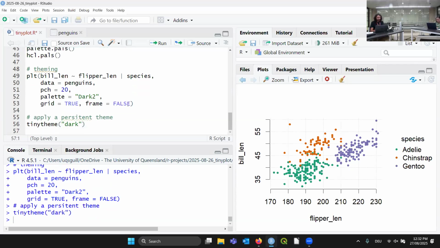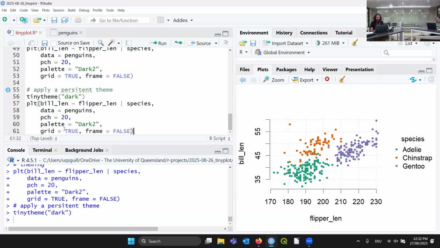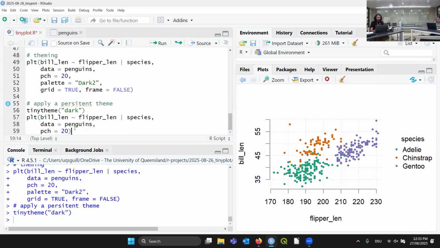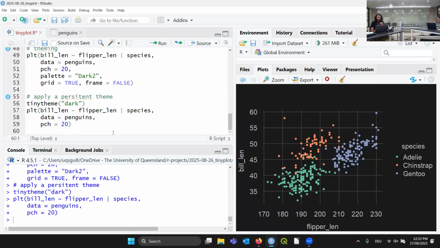If I set it to dark, for example, and then plot again the same thing, well, I don't have to use those last ones. I can even remove the color palettes because there might be also color palettes integrated already in the theme. So tinytheme dark looks like this. If you need to have a visualization for a document that you've put in, let's say, dark mode, or a website that's in dark mode,